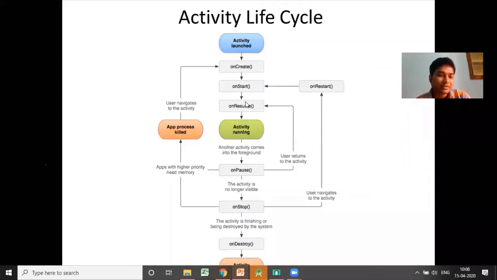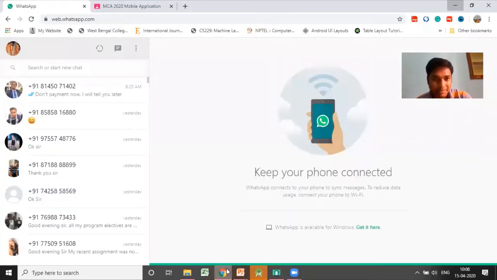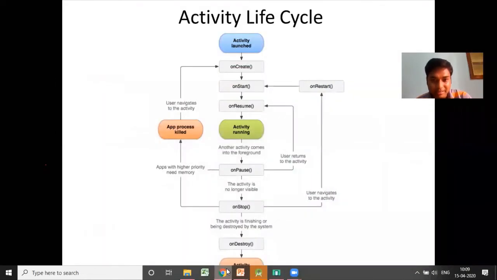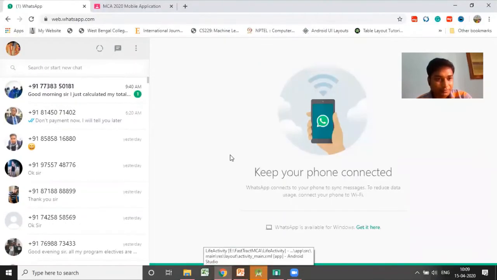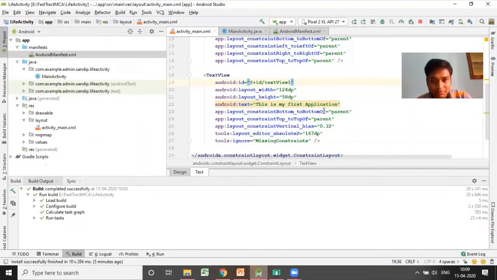Okay, that is called the life cycle program, and that is your first program from the lab activity that I already shared in the last class.